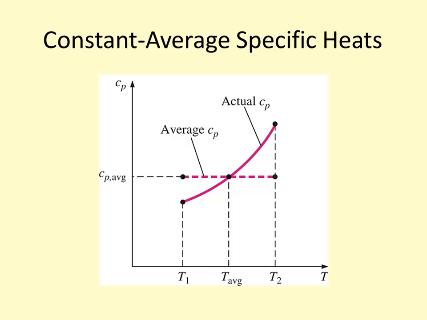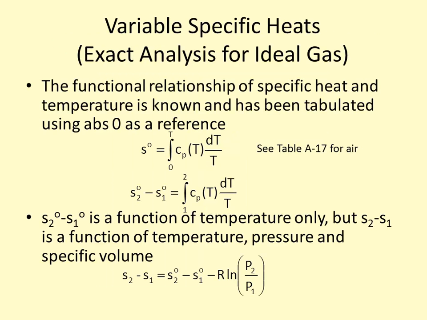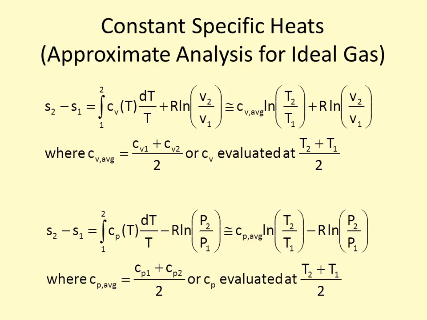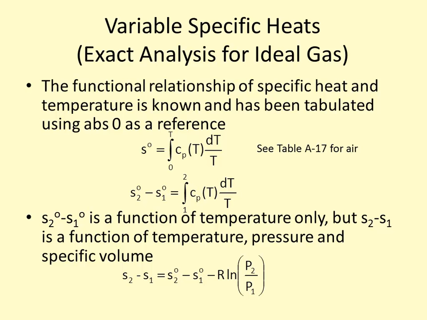And again, this is just how we calculate the constant average specific heat. It's just at the average temperature, or as the average of the two C sub P's, and that value is generally pretty close to one another. Okay, so this was the approximate analysis. So we've taken this outside the equation. We've assumed that it's some average value. Let's look now at the exact